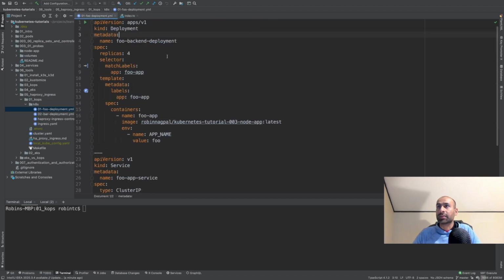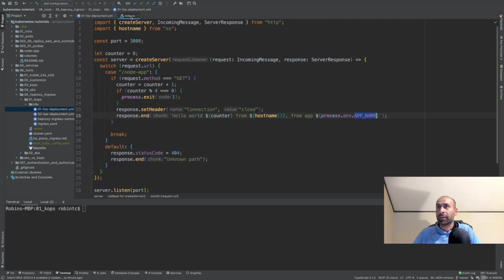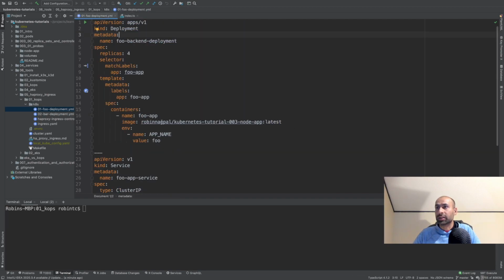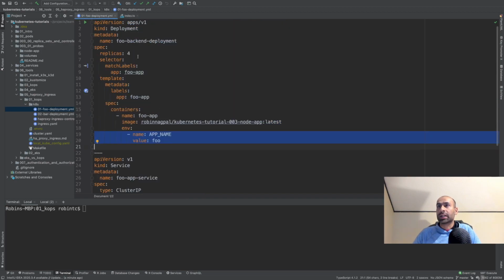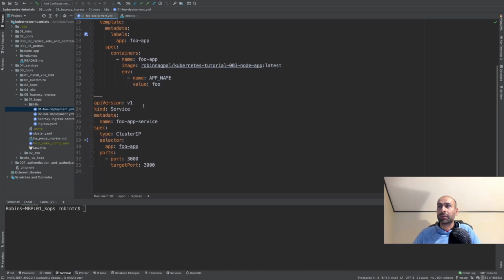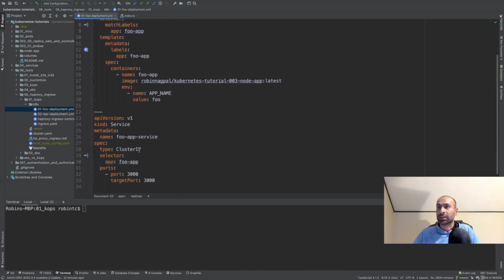So we would create a Docker container out of it. The Docker container's name is Robin Nagpal Kubernetes tutorial 003 node app. So this is the container, and we pass this environment variable which was app name, which is foo, right? So we set up the first application which would have 4 replicas, and we'll send traffic to it using cluster IP,